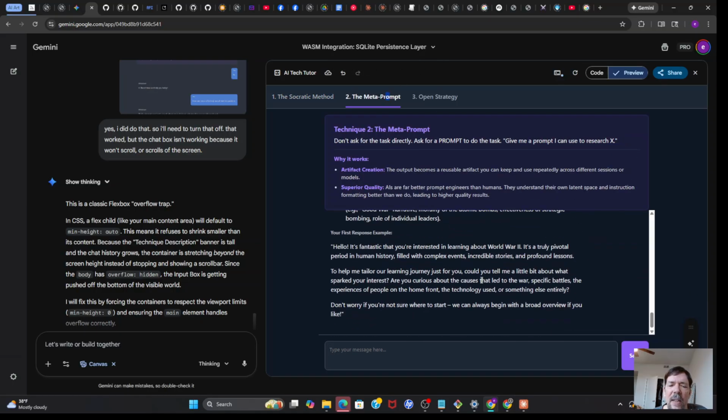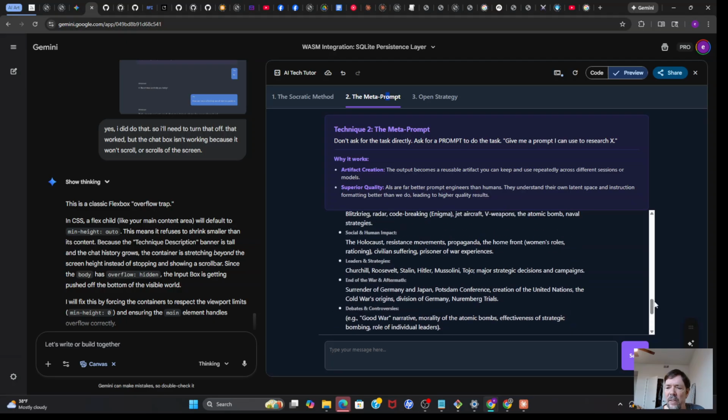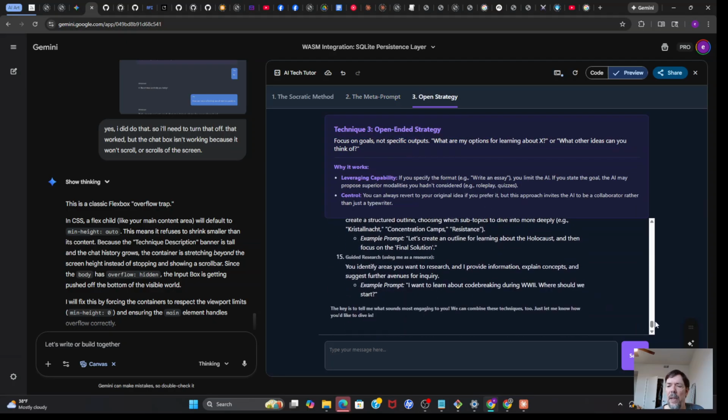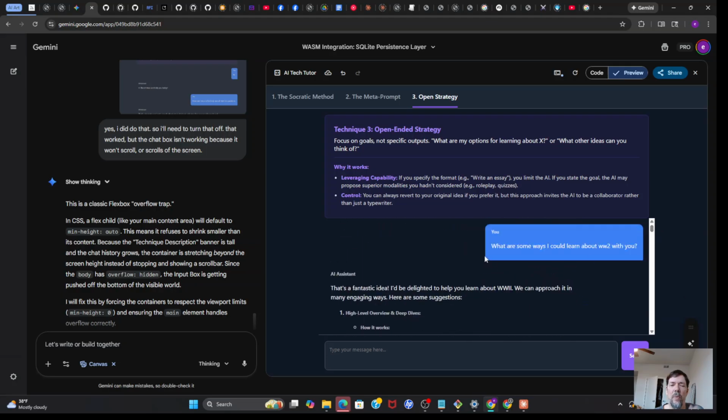And the second technique is just instead of asking it to do a task, ask it to write itself a prompt to do the task. And then the third one is to be open-ended in your approach with AI. You can start the session brainstorming. Don't just go straight to telling the AI what you want it to do, but be more open-ended in your approach. Well, those are 3 techniques that are simple and powerful to use to improve your results in working with AI.